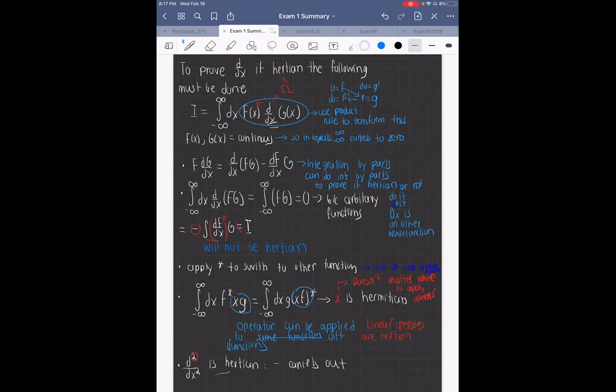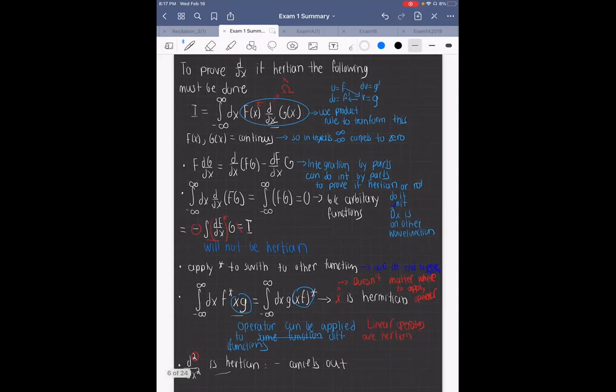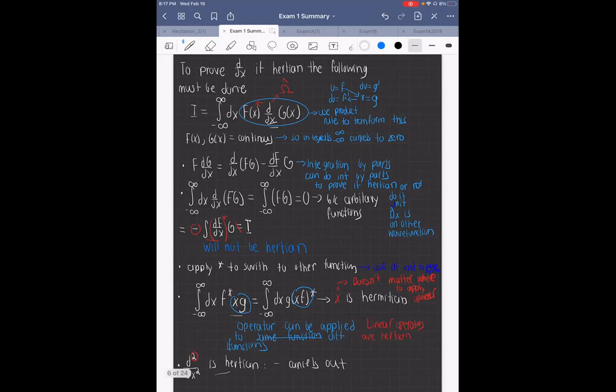And what we're trying to do is make sure this is right if I were to put a derivative onto f. But basically, you see if you apply the derivative on the other side, this is not negative. So you do integration by parts, and then you see that